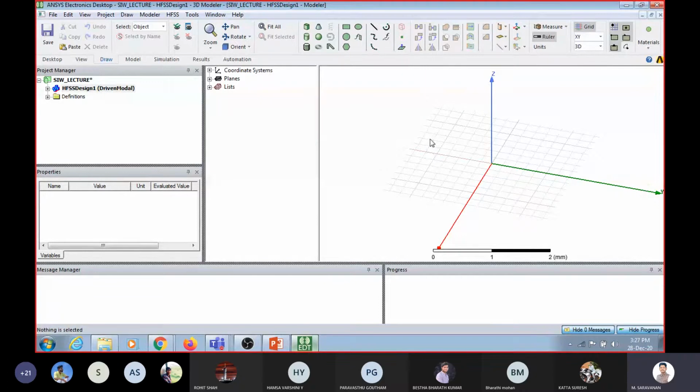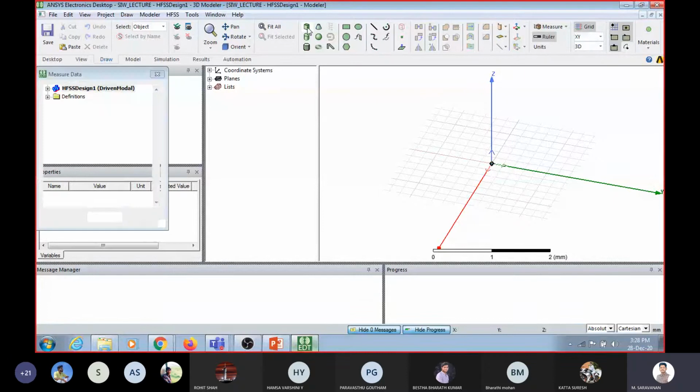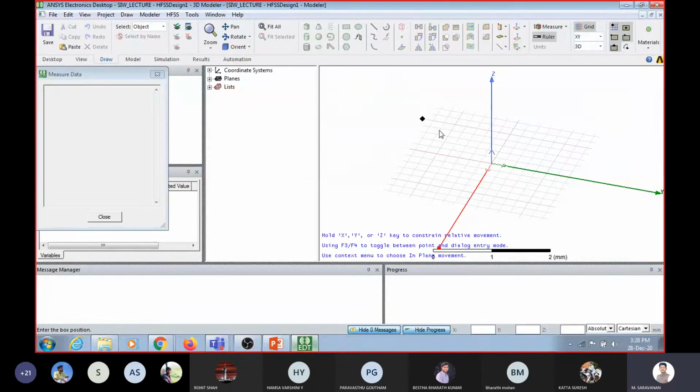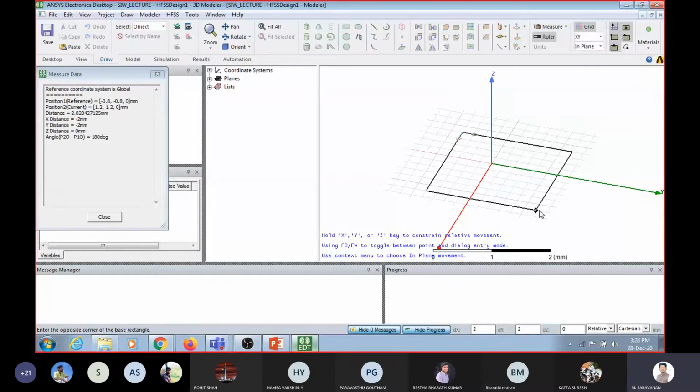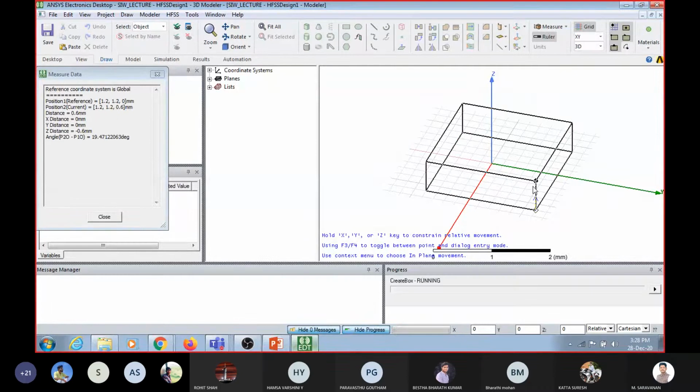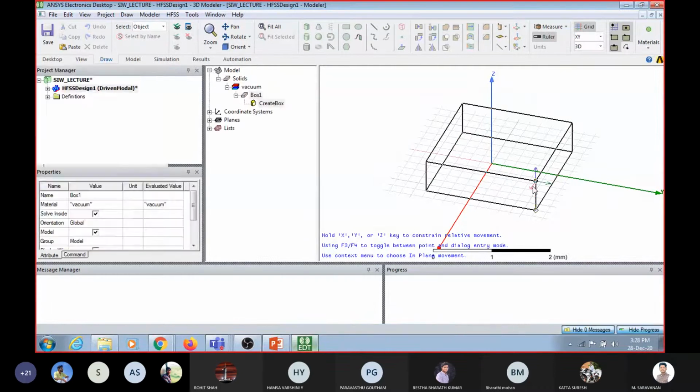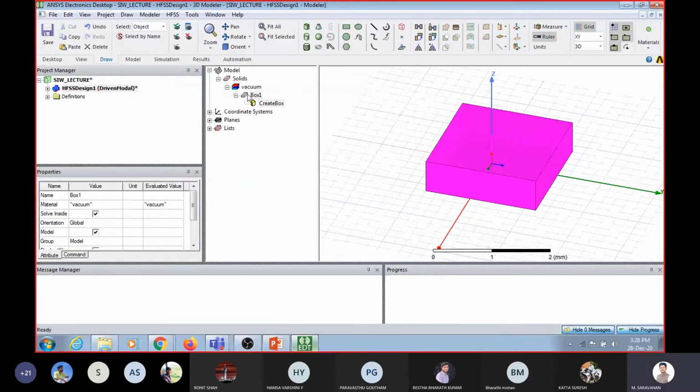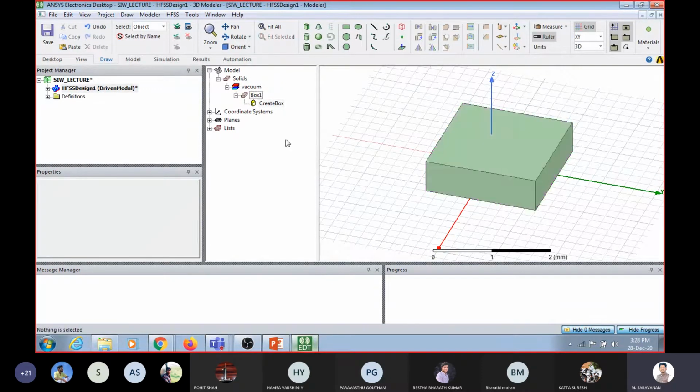So we need 3 layers. Okay, all are rectangular. So first I will select a 3D layer which is shown here. I will draw on here. So once I draw, you can see that what are the models I have drawn, that is shown here, and corresponding property is shown here. Okay, so this is the model I'm going to draw.